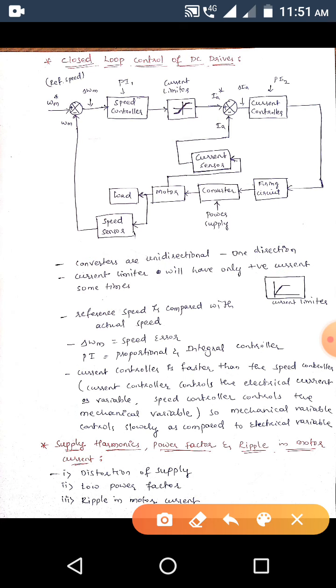Similarly, the third one is ripple in motor current. How does ripple happen in the motor drive? If you consider dynamic motoring, there will be reverse current. The rectifier output is not perfect DC, but consists of harmonics in addition to the DC component. So there will be some distortion in the motor current if it is higher than the average value, and so ripples occur in the motor current also. This is about the theoretical part.